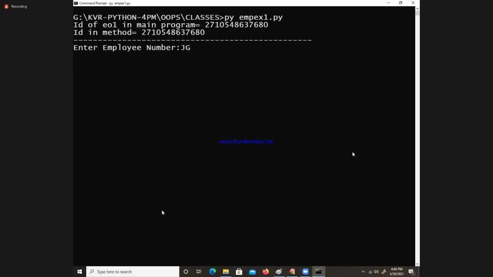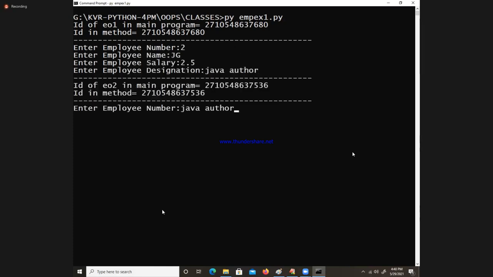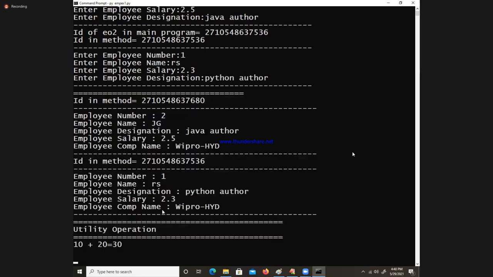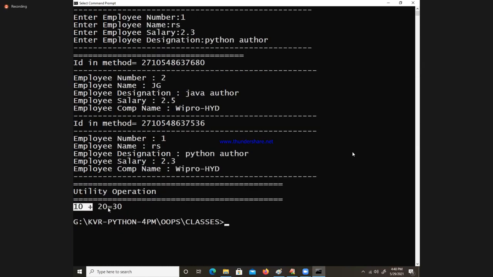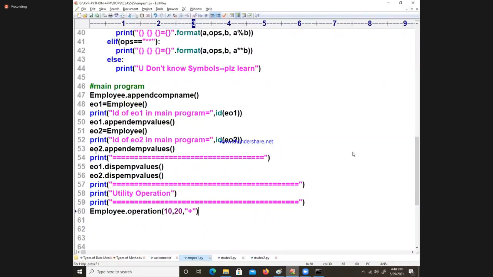Enter the number. Of course, numbers, that anyhow you understood. Last one you see. Last operation is what? 10 plus 20 is equal to 30. You got it. See, here I will keep some utility operations right now.